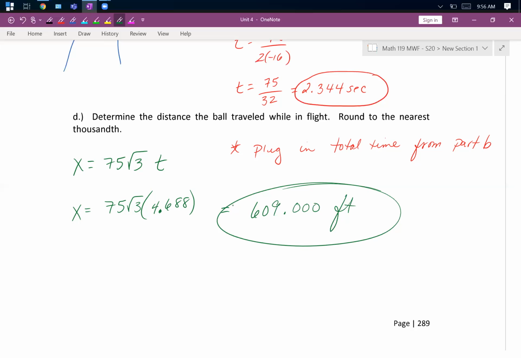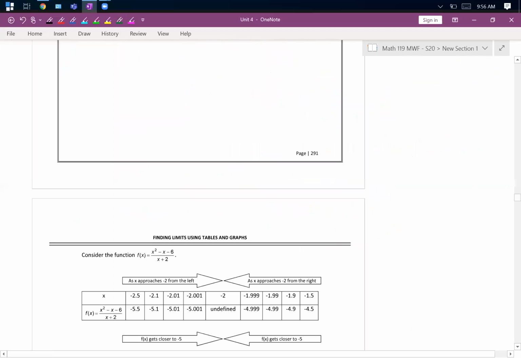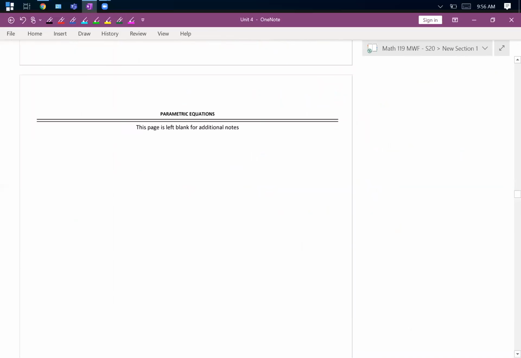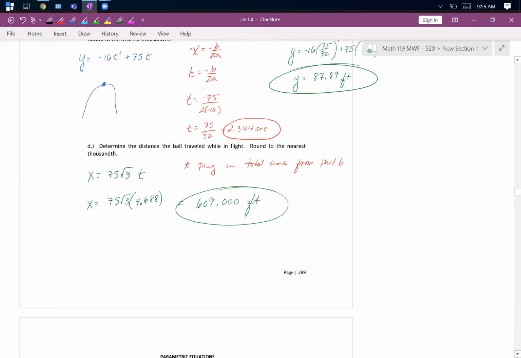Questions, anybody? All right. Well, that is the end of Chapter 9. Any questions at all on any of the conics or parametric equations? All right, well, then we are going to shift into chapter 11,